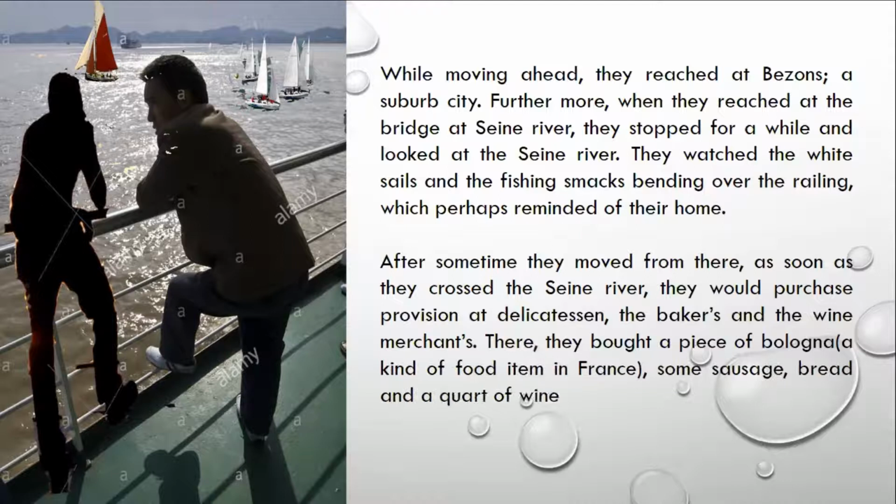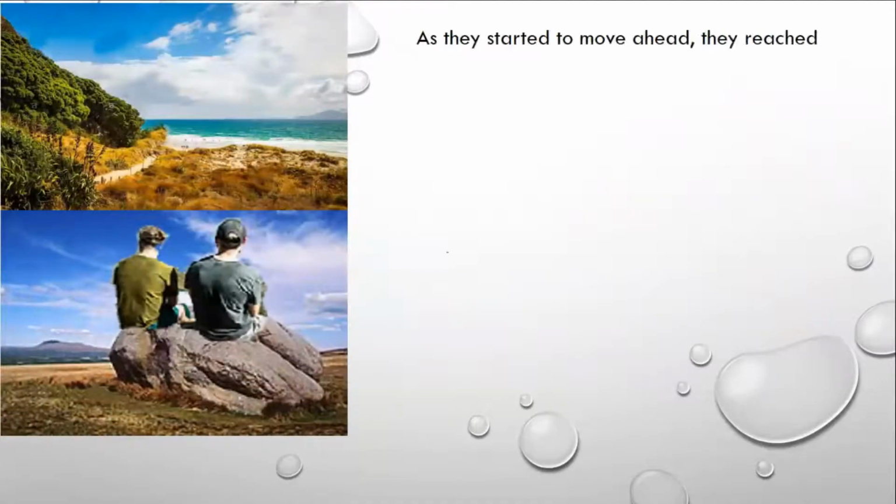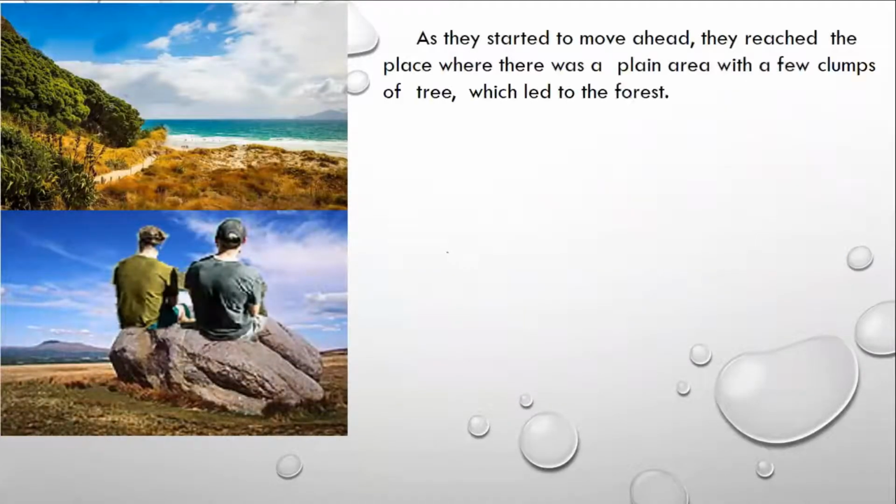As soon as they crossed the Seine River, they would purchase provisions at the delicatessen, the bakers, and the wine merchants. These are all types of shops there. There, they bought a piece of bologna, a kind of food item in France, some sausages, bread, and a quart of wine. With all these provisions,